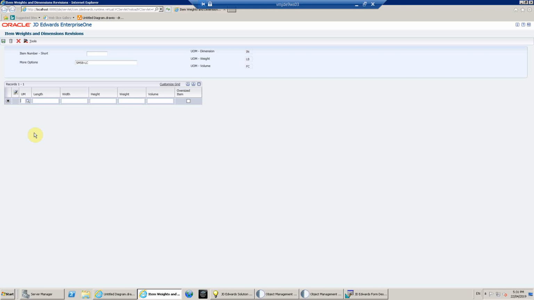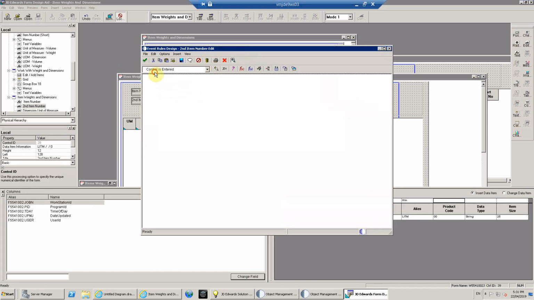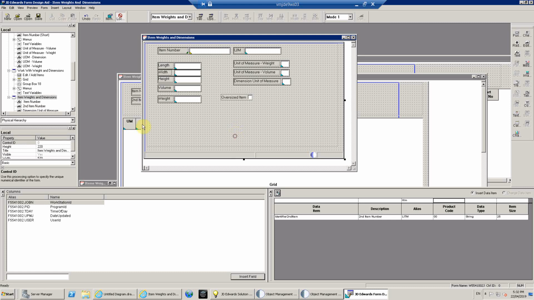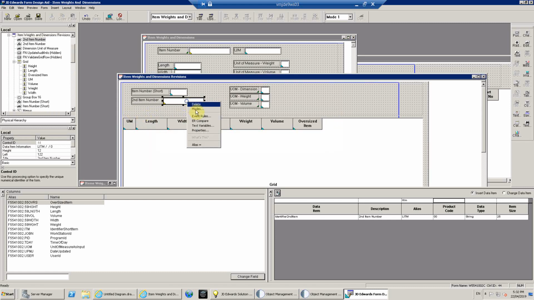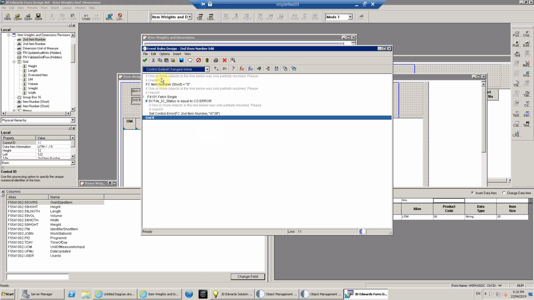Not this. This is not getting saved anywhere. It's a DI, right? So I do the same thing I'm doing over here. When the control is exited, I'm doing this, right? So we're going to do the exact same thing. When this control is exited and changed,